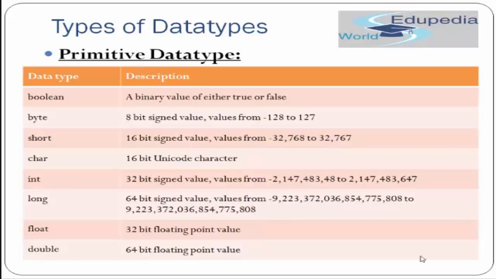So just to revise again, Boolean takes up 1 bit to 8 bits depending upon the JVM implementation. Then comes byte, which takes up 8 bits. And then come short and char. Both of them take up 16 bits. Then came int and float. Both of them are taking 32 bits. Then long and double. These take up 64 bits. I hope it's clear.